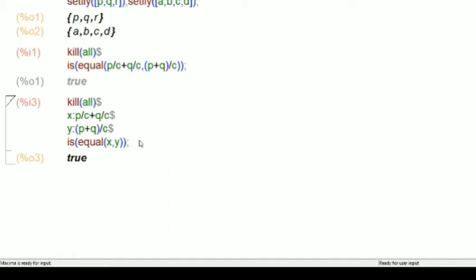Now the next equation which we need to verify is: kill all, dollar. Let me give one as x. What is your x? Oh, I've used x, so let me give some a.